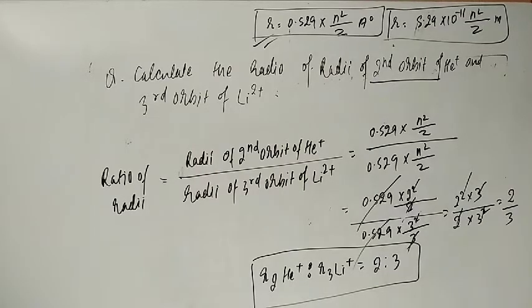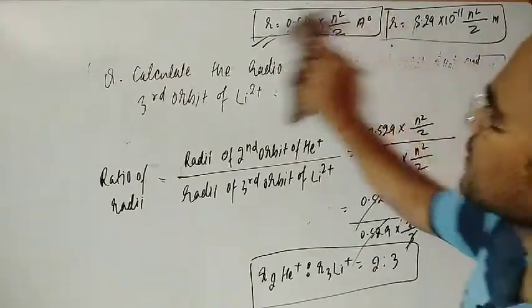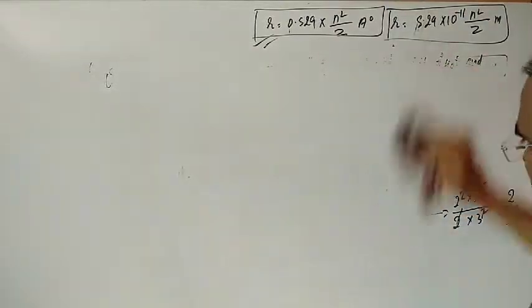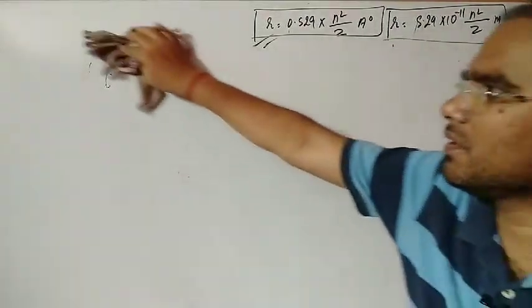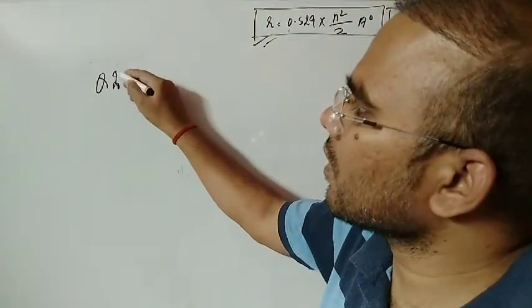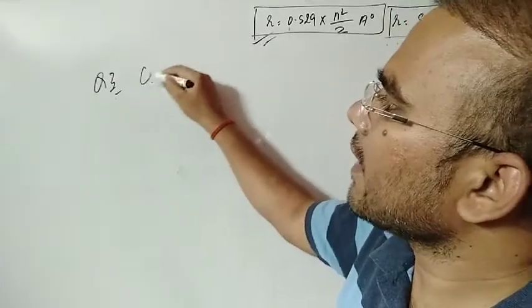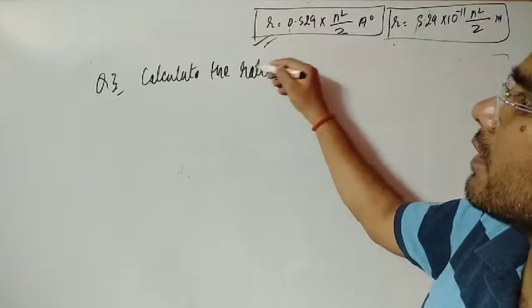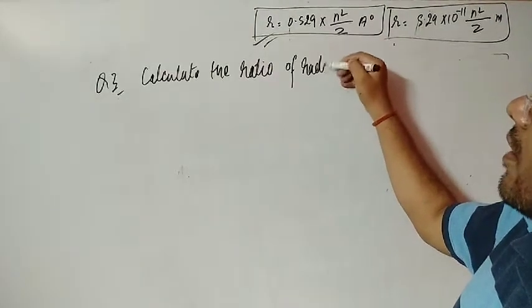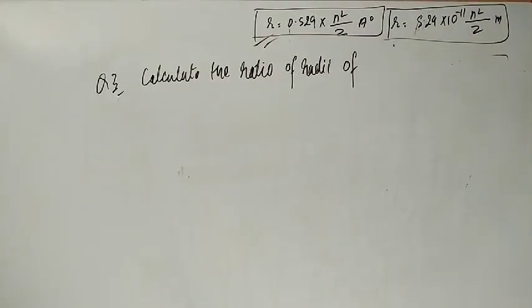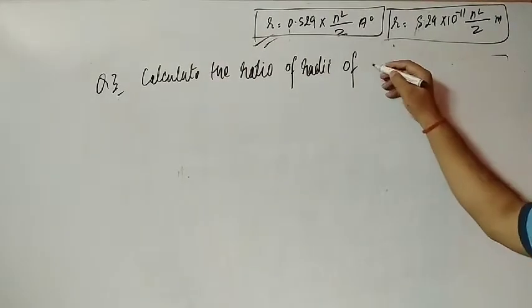Now let us move to the next question: calculate the radius ratio of the third and fifth orbit of helium. The more you practice this type of question, students, the more comfortable you will be in solving. This is the third question. Calculate the ratio of radii of